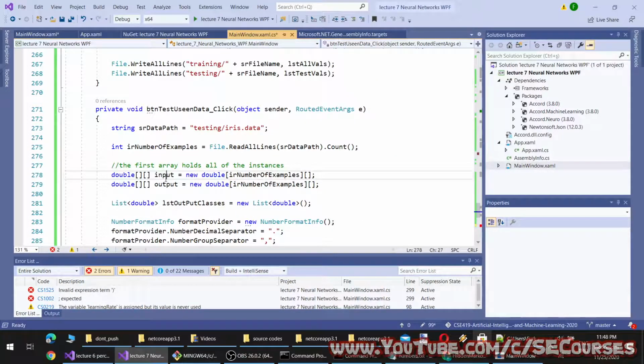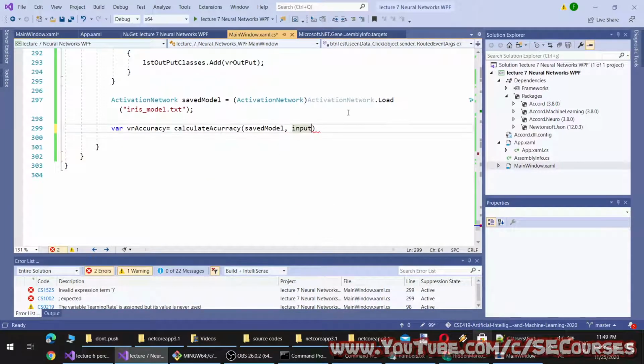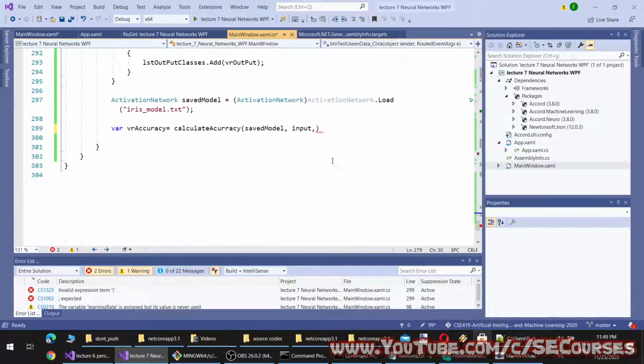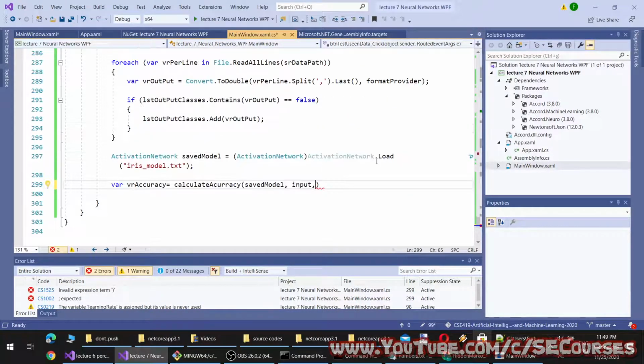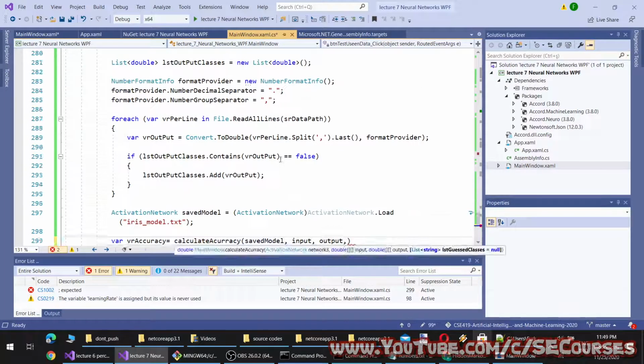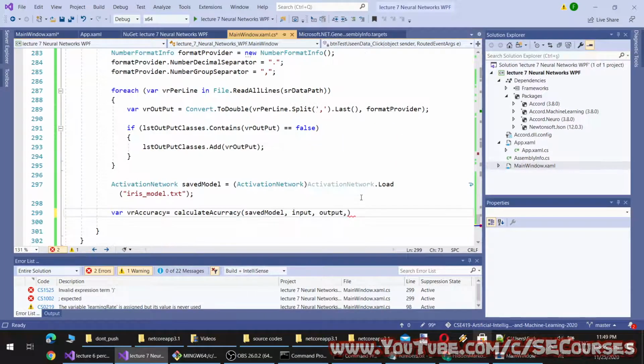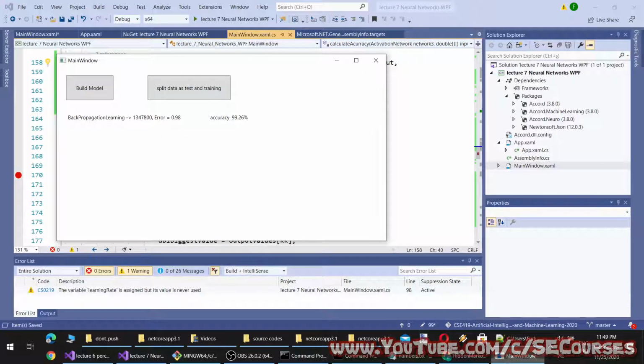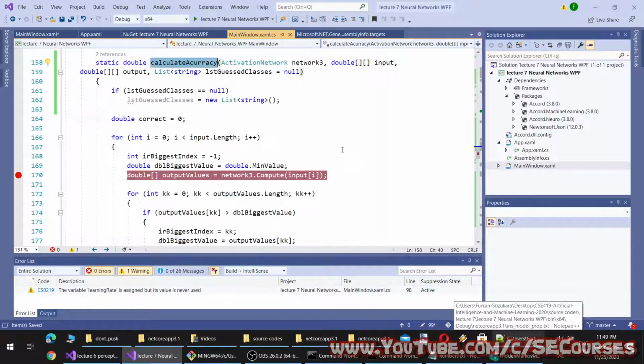Let's provide input. By the way, normally you wouldn't know the output of the testing data, but for calculating accuracy we know it. And do we need anything else? No, because I am still in the testing. Okay, I think this is enough.